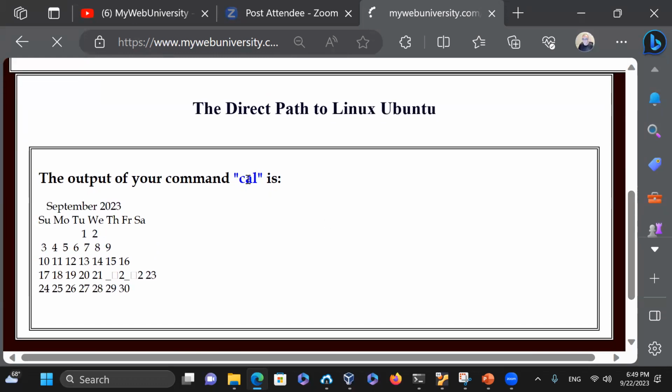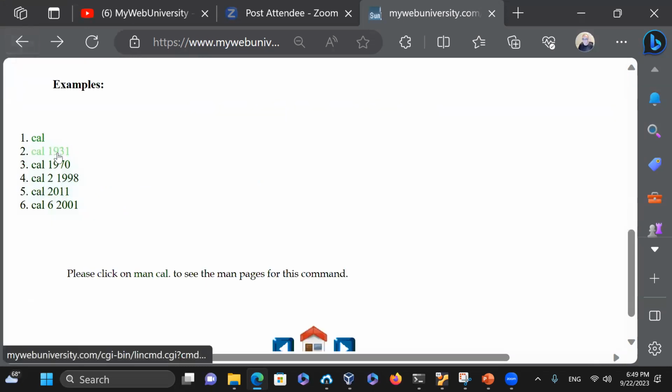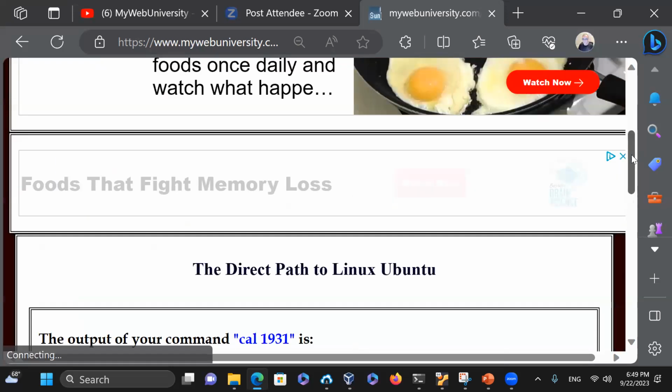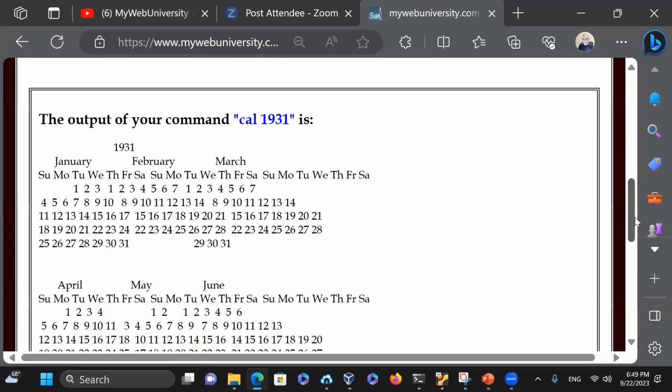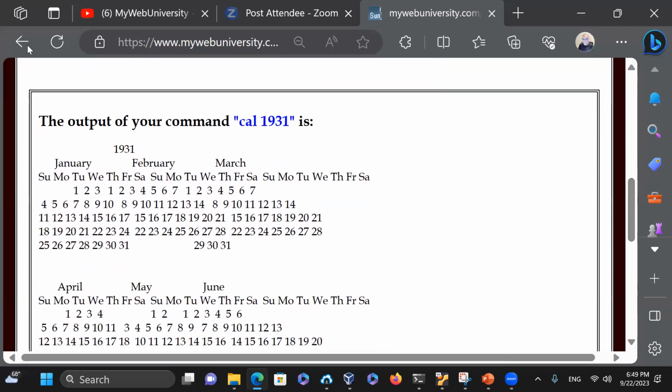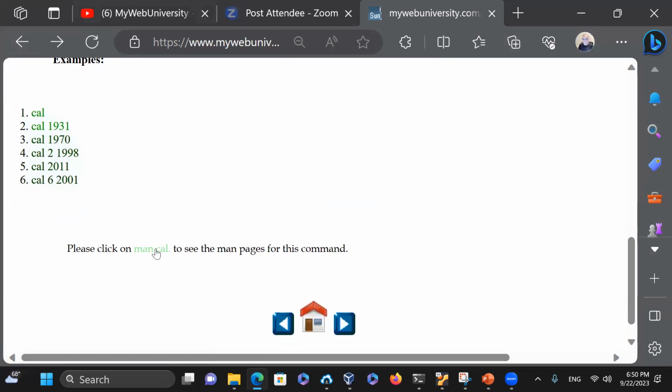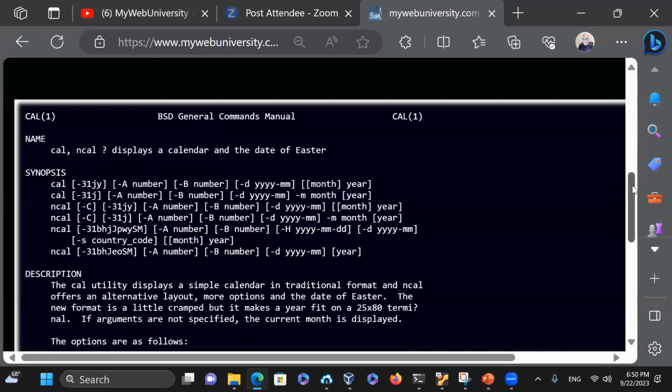The cal command is the one that you click, and today is September 22nd, and it shows that as the date. If you want to say calendar 9031, then it's going to just return you the calendar of 9031. Whatever command that you just type in or click on, it will just give you the output. And if you want the man pages for the calendar command, it will also produce the output here